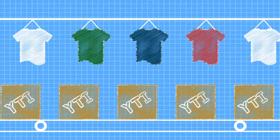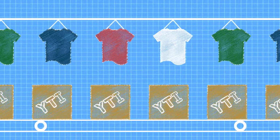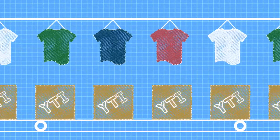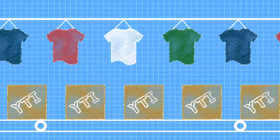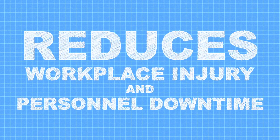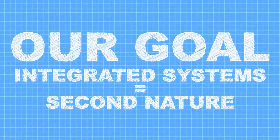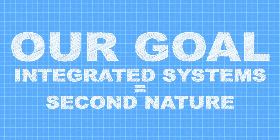Automation also allows us to move material through the various production stages with little to no manual labor. The use of mechanical material handling and movement eliminates inefficiencies such as production interruptions and bottlenecks, because our intelligent factory knows where everything is at all times. This level of connectivity also reduces the risk of workplace injuries and personnel downtime. Our goal is to integrate these systems so tightly that the processes become so efficient and automatic they become second